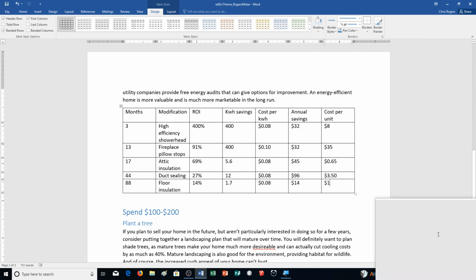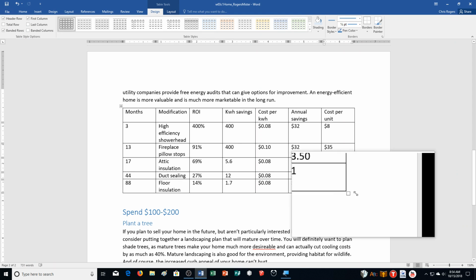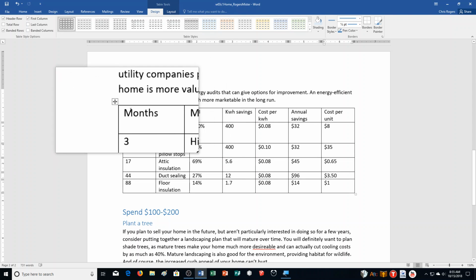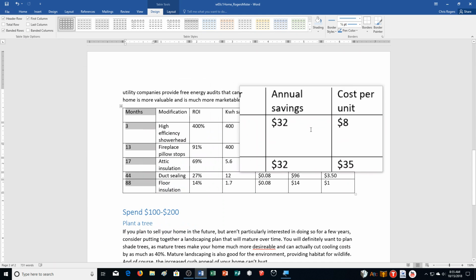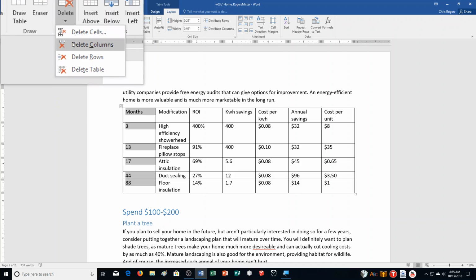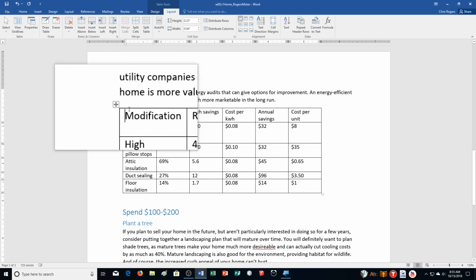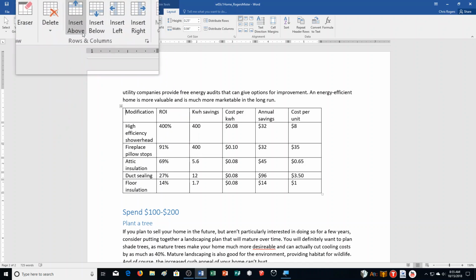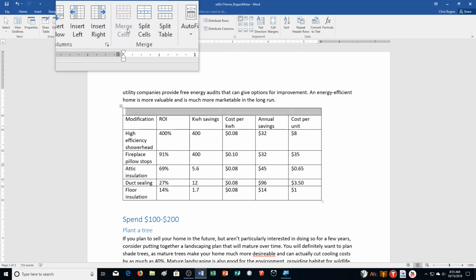All right, we're on step G now. So step G, delete the first column, months. So right here, this is our first column. I can move it up here to the black arrow. I click once, it selects this whole column. Click the layout tab and choose delete column. And then it says insert a row above row 1. So I'm here, row 1, I click insert above, and then it says merge the cells in row 1, and